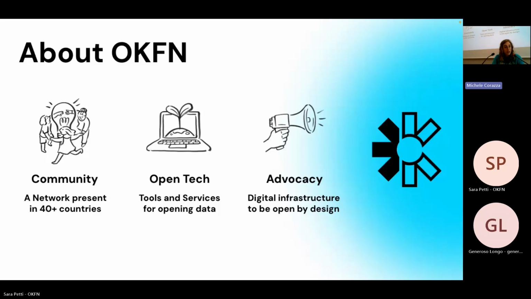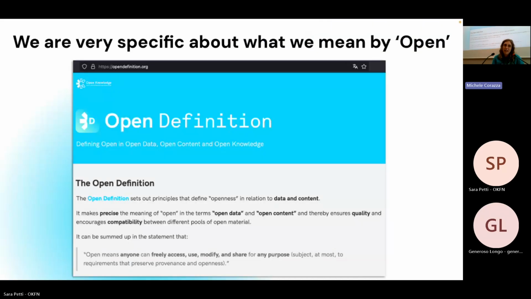So as you can see, we work a lot with communities, but a lot of those communities are basically quite technical communities. We are also very specific about what we mean by open. Back in 2006, we released the open definition, which is a set of principles that defines what or when data or a content can be defined as open. And again, this was a community effort thought with people, and we have a council that now governs the open definition, which has been reviewed meanwhile several times.